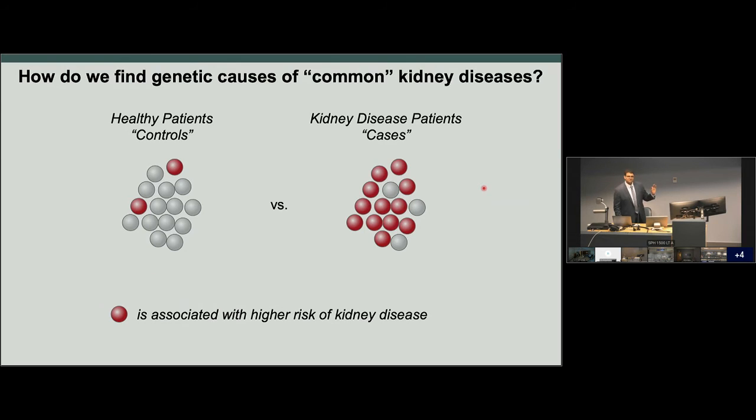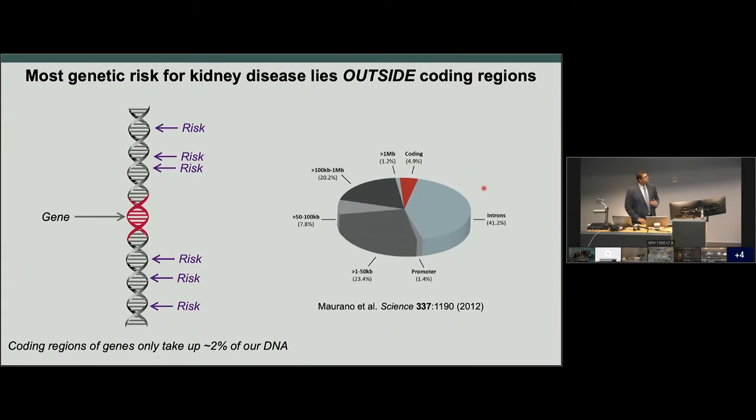Now, one interesting finding, the way these genome-wide association studies are actually performed, is that they're looking at single nucleotide polymorphisms, or SNPs, across the genome that are variant among individuals. And almost uniformly, what was found is that regardless of the trait or phenotype, the majority of these genetic risk factors, these SNPs that are associated with diseases or traits, are not in the protein coding regions.